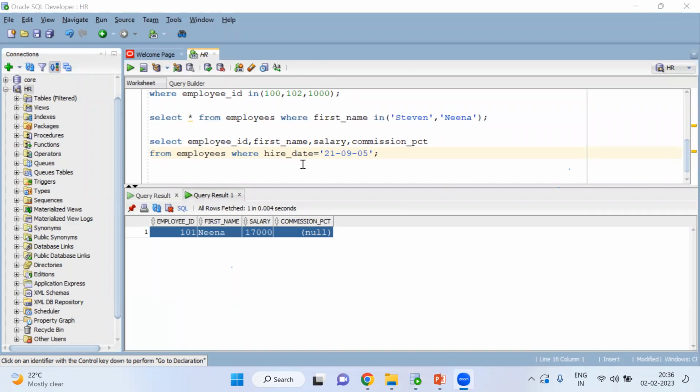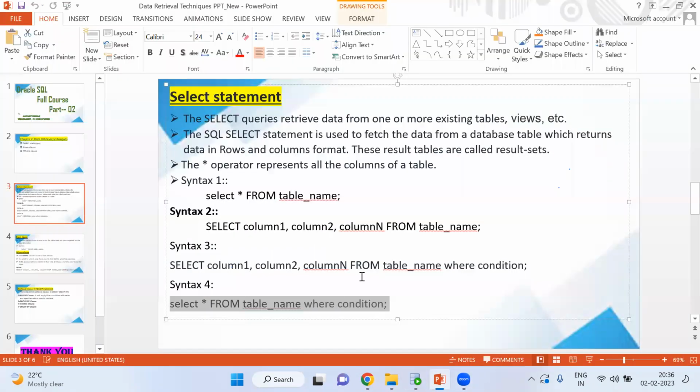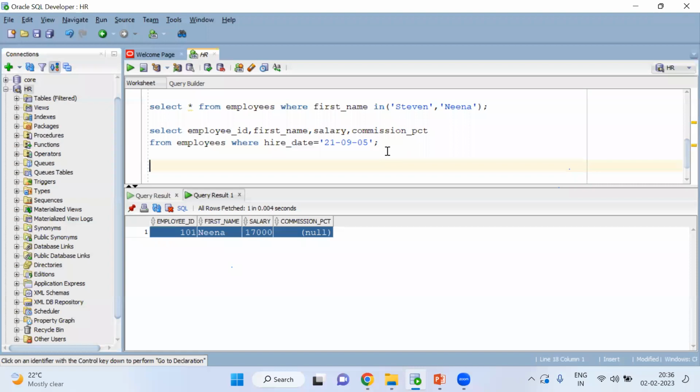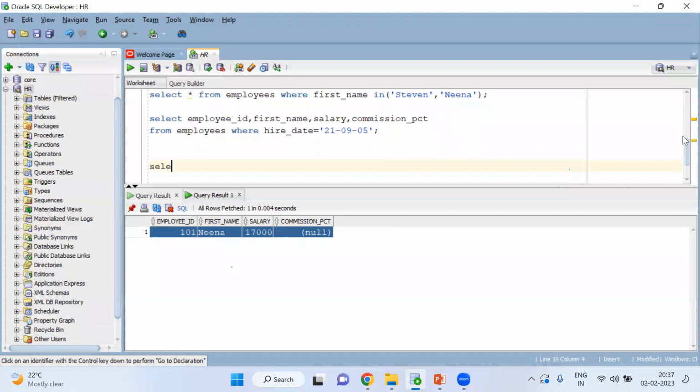Okay, so next one will be your operators. In this only so many things are there. We saw the IN operator. Okay, we can see the AND operator and OR operator. All these things we will see. So the AND operator, if you want to pass multiple values, like select star from employees,